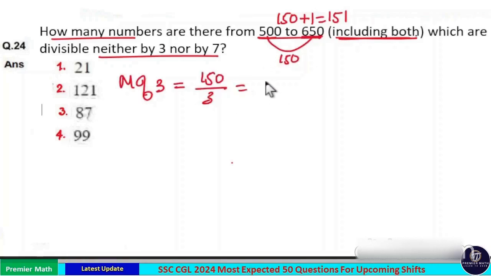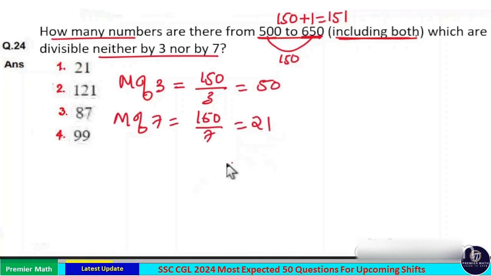150 divided by 3 is equal to 50 numbers. And multiples of 7 between 500 to 650: the difference is 150, divided by 7. 7 goes 2 times in 14, remaining 10, 7 goes 1 time in 10. Quotient is 21. Now multiples of both 7 and 3, that is multiples of 21, which is equal to the difference